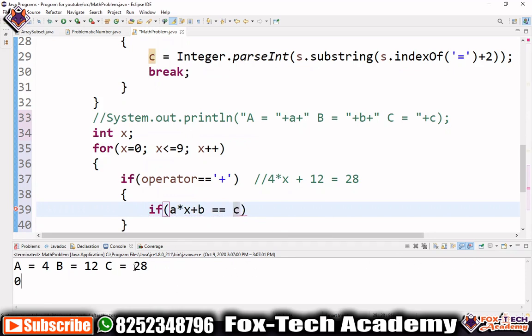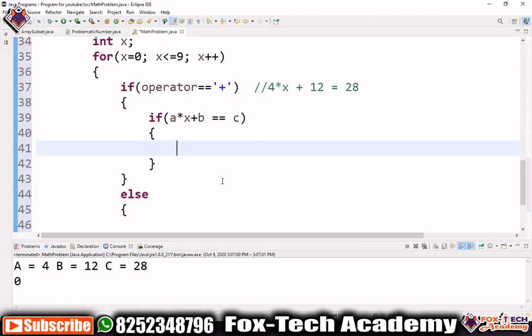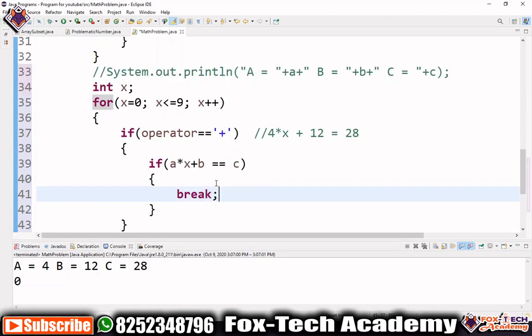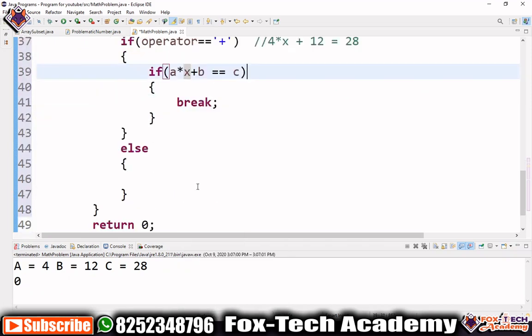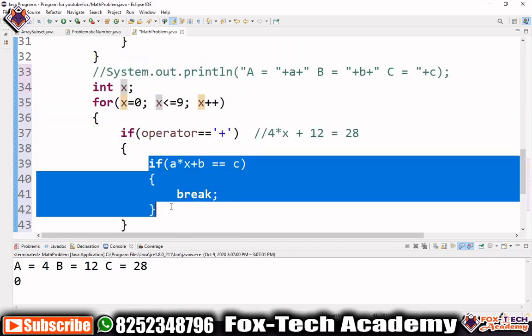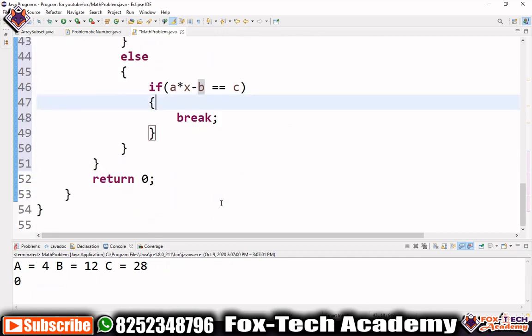If this happens, then we have to break and we will return this value of x. Same we will do for this else case. Here we will use the minus operator, and we will use break, and here we will return not i, but x.